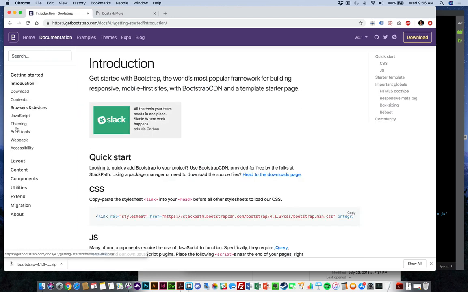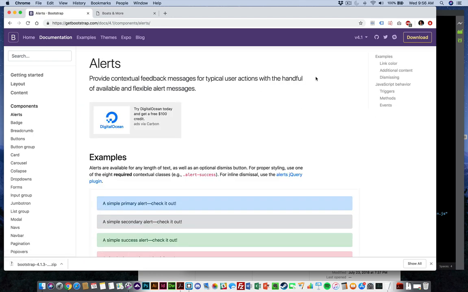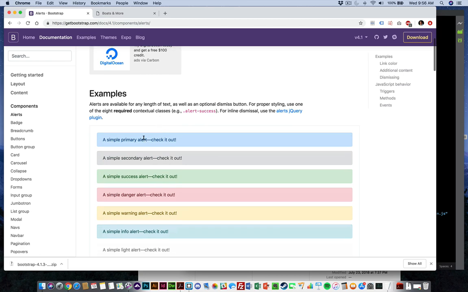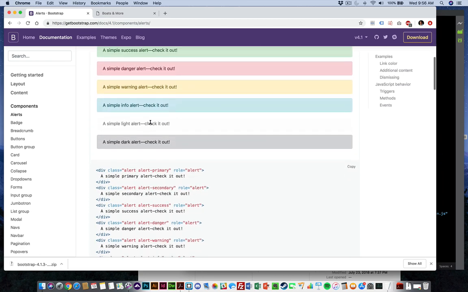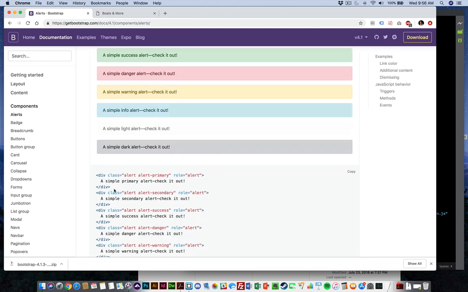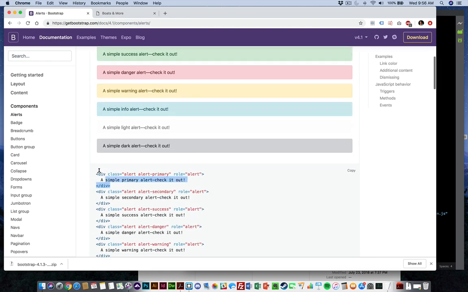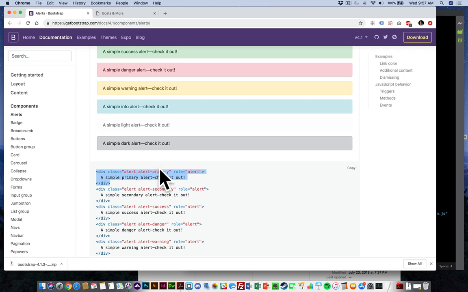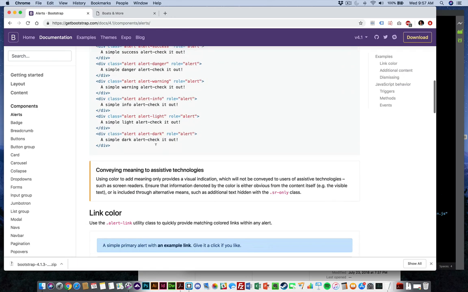So in the documentation, if you click on components, this will show you everything that is a component included with Bootstrap. So for example, the first one is alerts, and you see these different styled alert boxes there, and it gives you a visual representation of that, as well as the code that shows how to do that. So what I'll do is I'm just going to copy this to make sure everything is working,